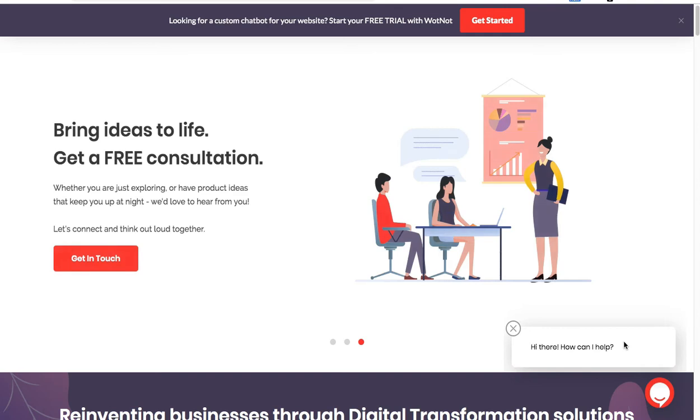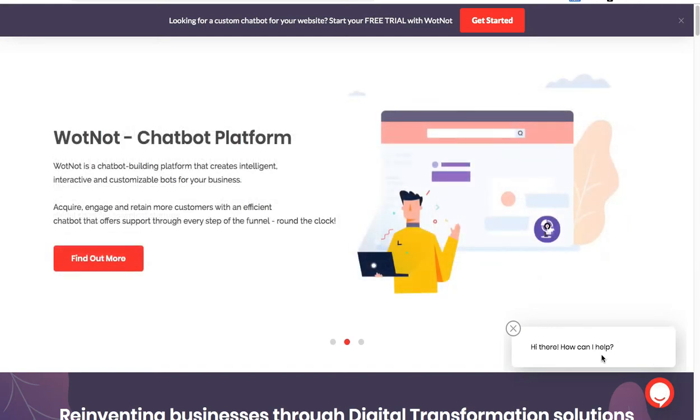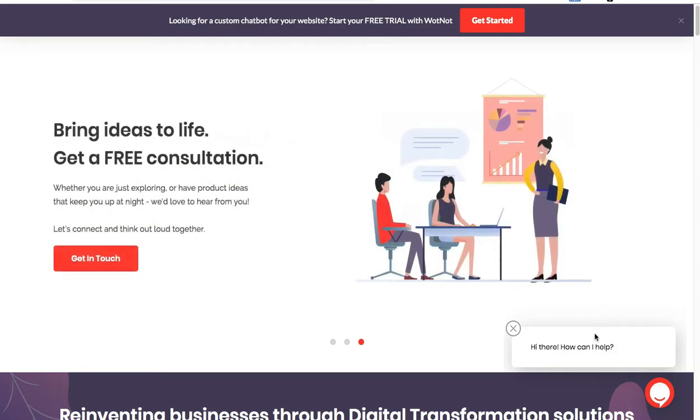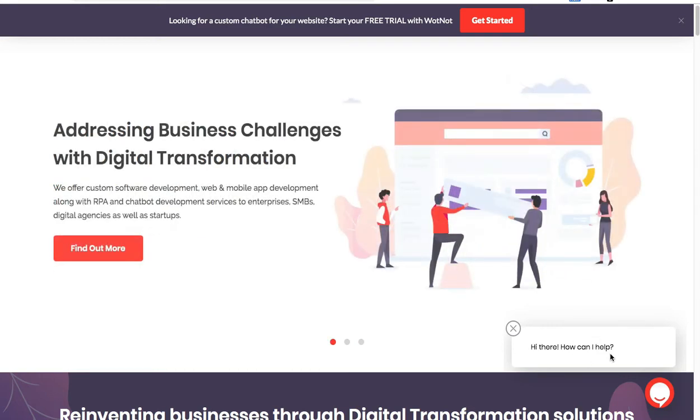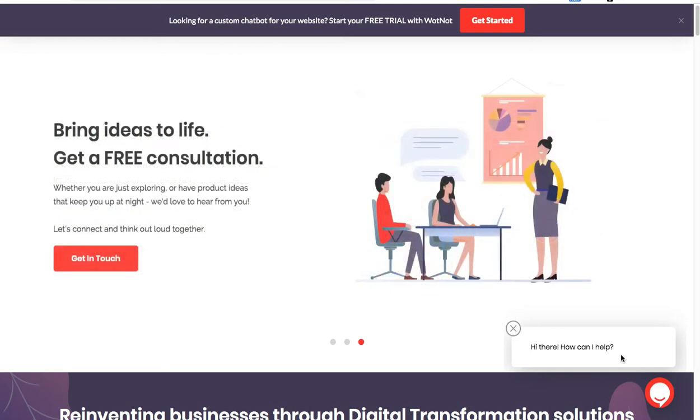So the bot itself is taking the first step to initiate the conversation, and hence chances of getting conversions from here are very high, because some people might not prefer filling up the form, but they might prefer to chat with someone, someone as in a bot or an employee. So it is you who know that it is a bot, but some people might not recognize this as a bot. They might feel that there's an actual individual who's having a conversation with them.